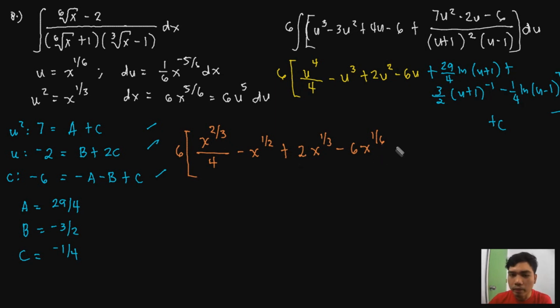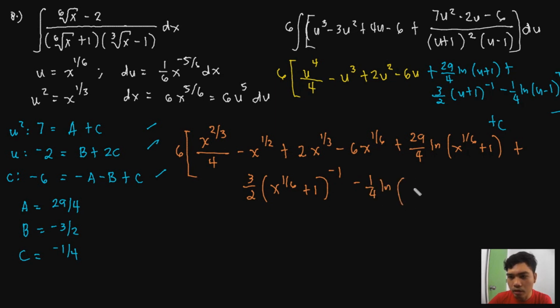Basta substitute lang natin naman. Yun lang naman yun. Plus 29 over 4 the natural logarithm of x raised to 1 over 6 plus 1, and then plus 3 halves, and then what do we have here? x raised to 1 over 6 plus 1 raised to negative 1, minus 1/4 ln of x raised to 1 over 6 minus 1 close, and then plus c. Okay, now we can actually distribute this 6 or we can factor out 1/4 in this expression,